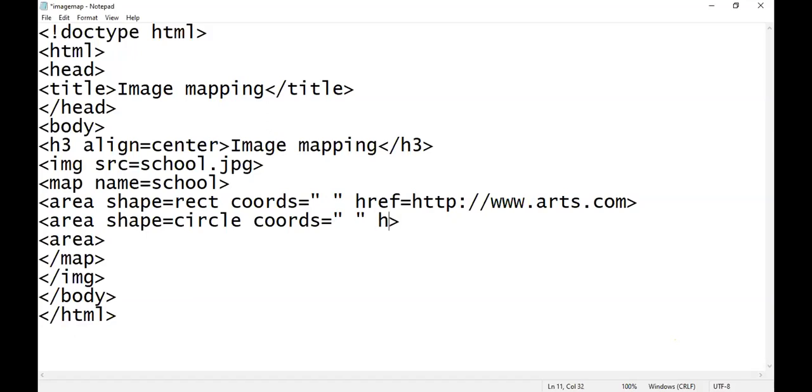And here I am going to create an href, meaning the hyperlink to http colon slash slash www.commerce.com, right? So here I am going to create a circular shape.